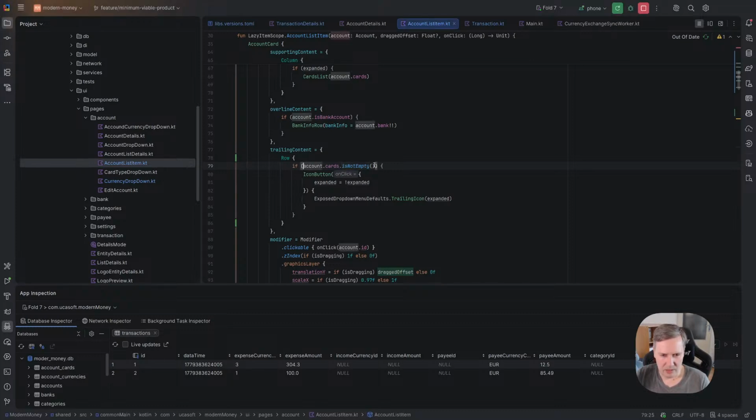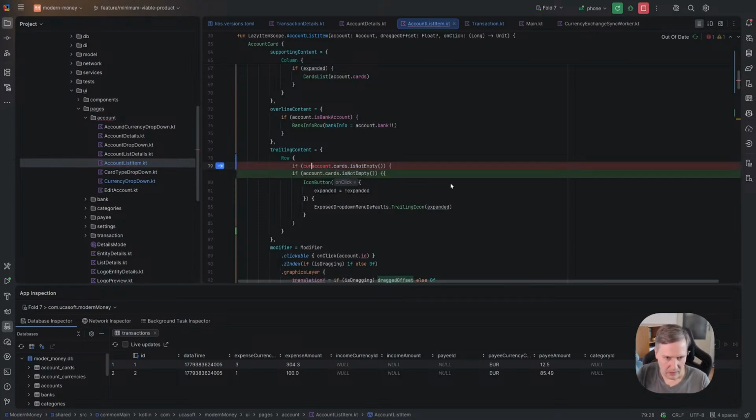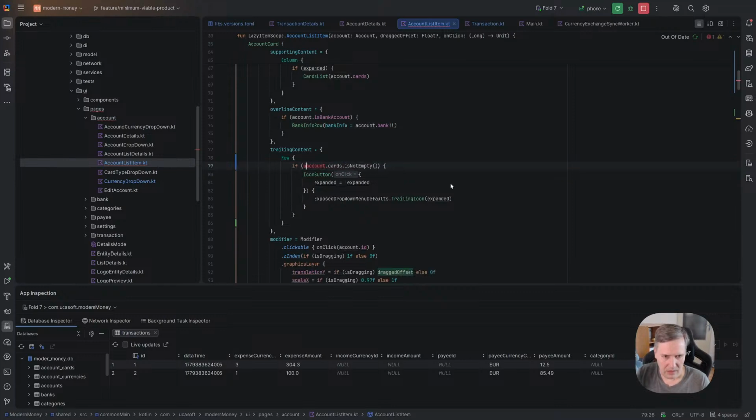If account cards is not empty, or if account.currencies.size is more than 1, or account currency is not empty. Okay, so we will expand it,